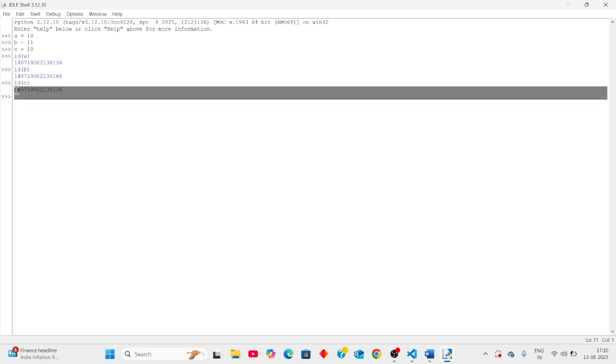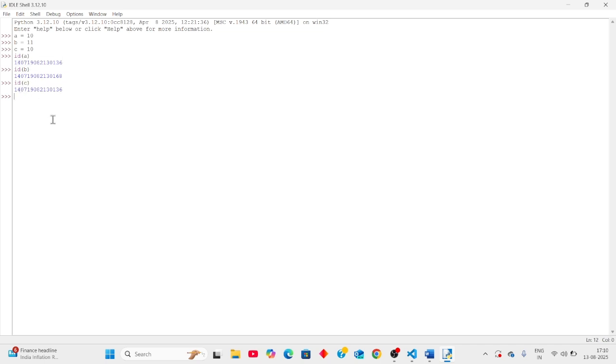There is the same memory location for variable C also because the value is the same. They both share a memory, and B is different because B has a different value. One more thing we should discuss about this.